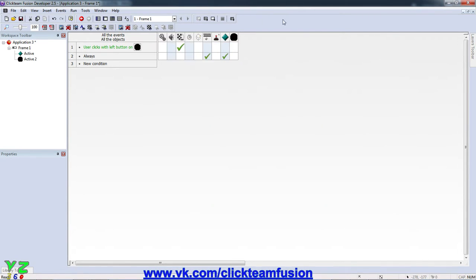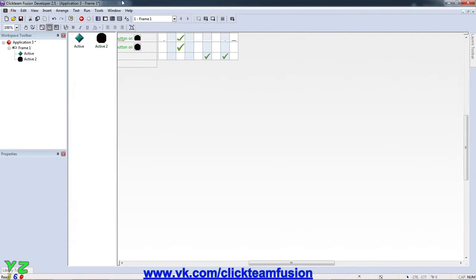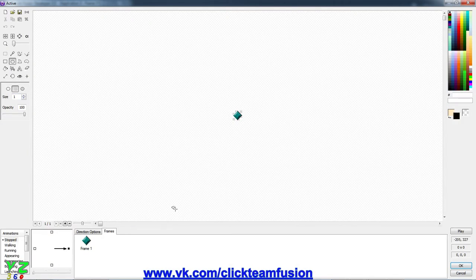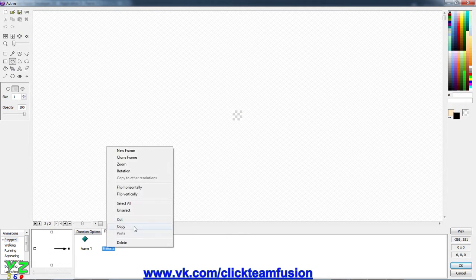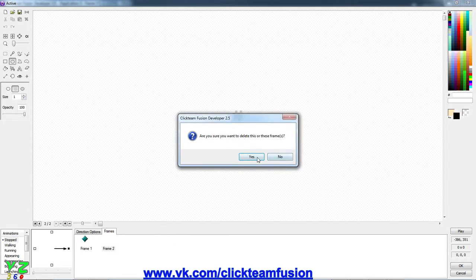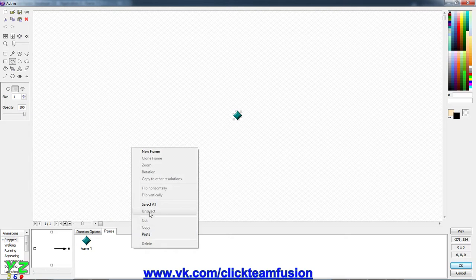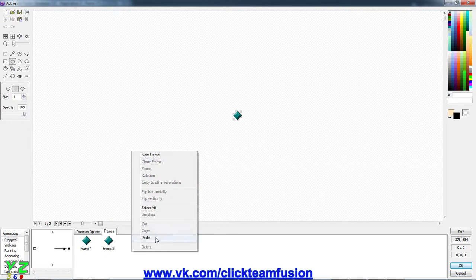So that was a short tutorial on how to actually make your active into a cursor. You can also have it animated, so in case you're wondering what is the advantage of having an active object, then obviously there are many, but let's actually copy and duplicate several of these,